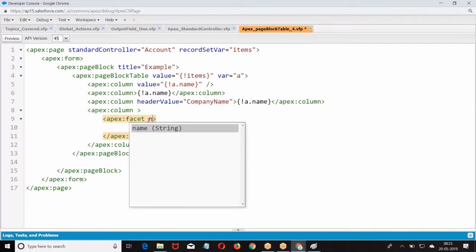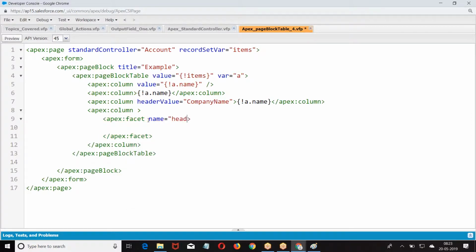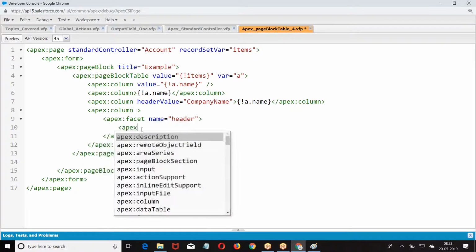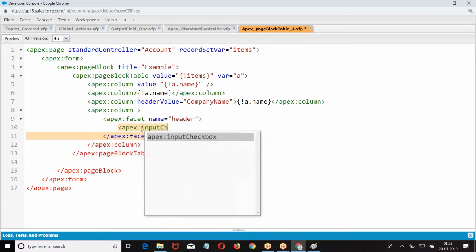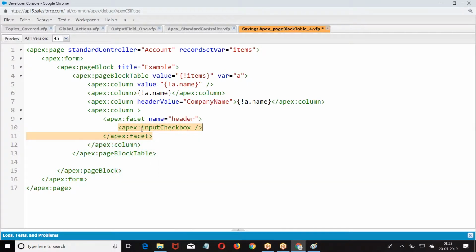Now the facet, I have name equal to. So whatever I write in the facet, that will be printed in the header. Let us take an example. Apex input. I told apex column facet header. So what is the facet? It is a header facet.